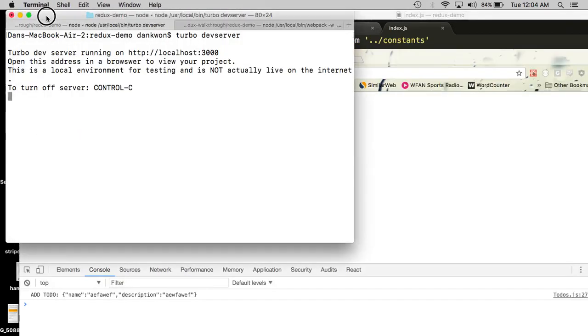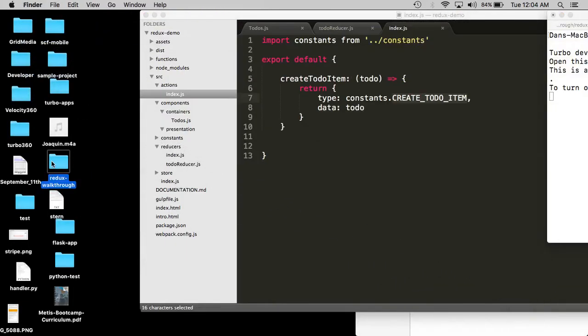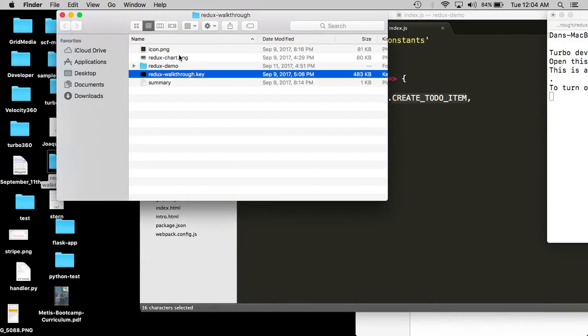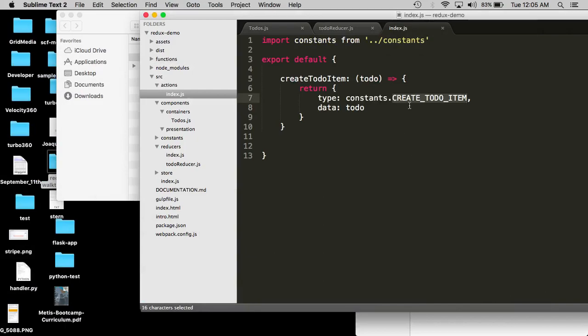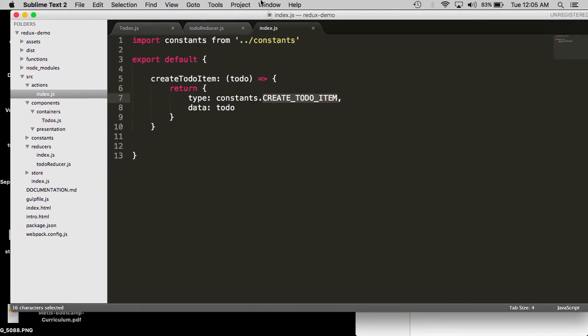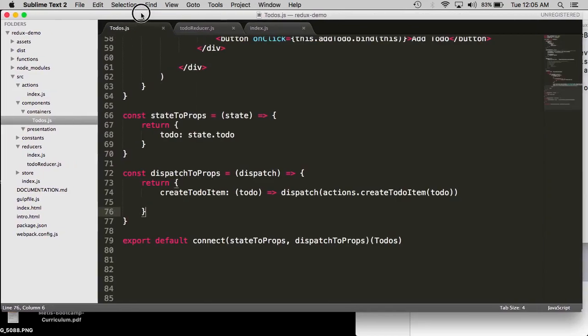So let me grab that diagram to make sure that you can see where we are in the higher level overview. So right now we are here going to here. That's the dispatch to props, the dispatch is happening right here. And then the action will send the package to the reducer, which will listen for any actions that you tell it to, and then create the corresponding change. So if we go back to the to-dos container,